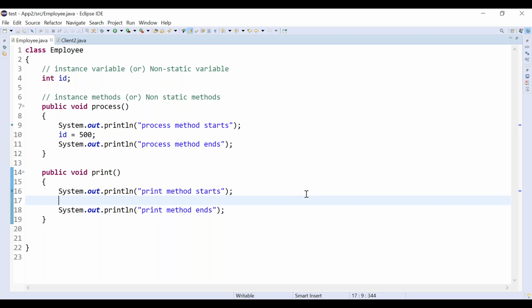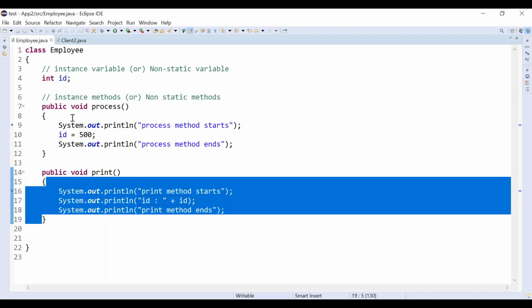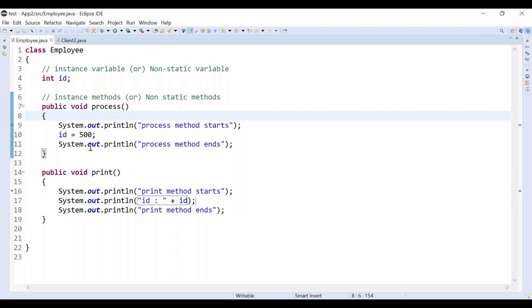So it has basically one instance variable and two instance methods. In one instance method we have a method called print, inside print we are just printing. In the process method, we are modifying some of the things.